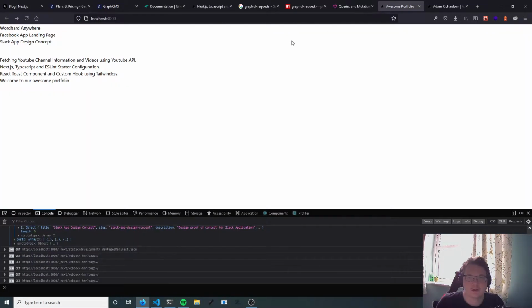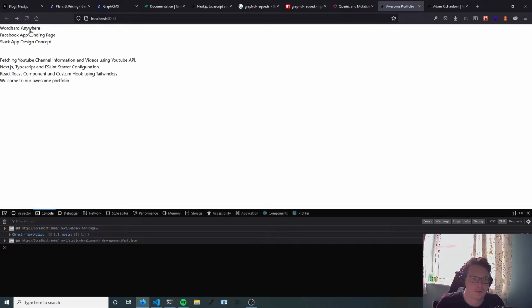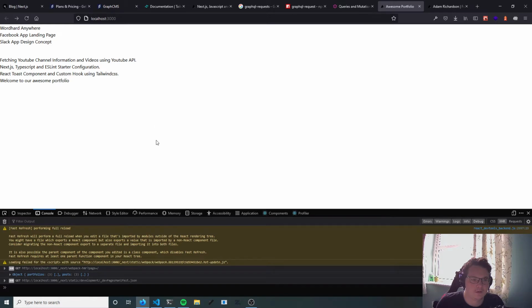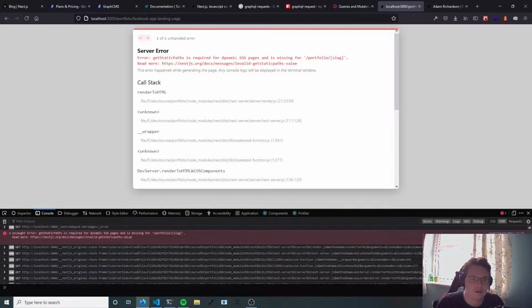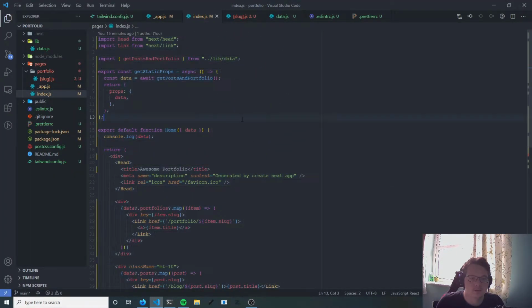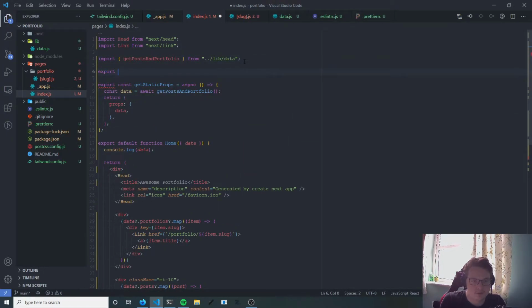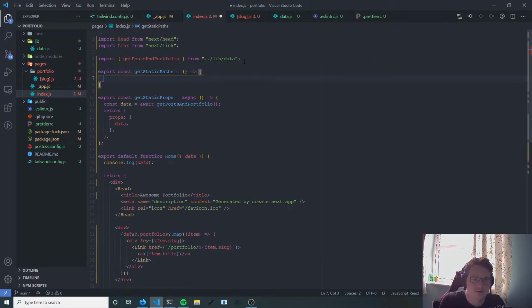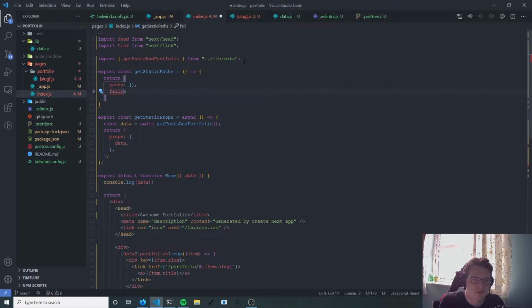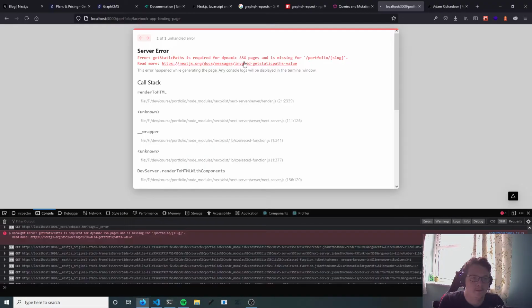So where we are, awesome portfolio. If we click on that, then nothing happens. That's not good. Facebook app landing page. So we need our getStaticPaths. So what I'm going to do right now is, if we do getStaticPaths equals this, and then we want to return, I think paths is an empty array, we'll do fallback for true, and then